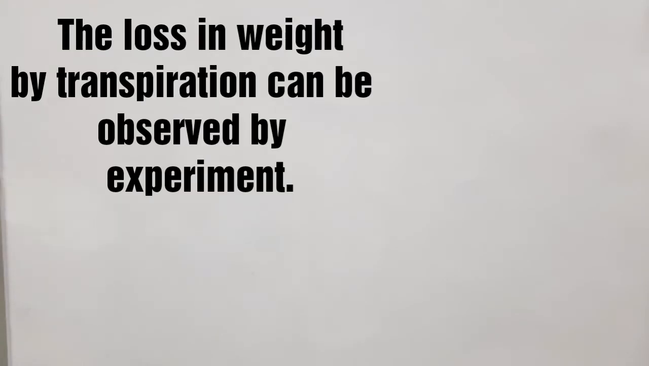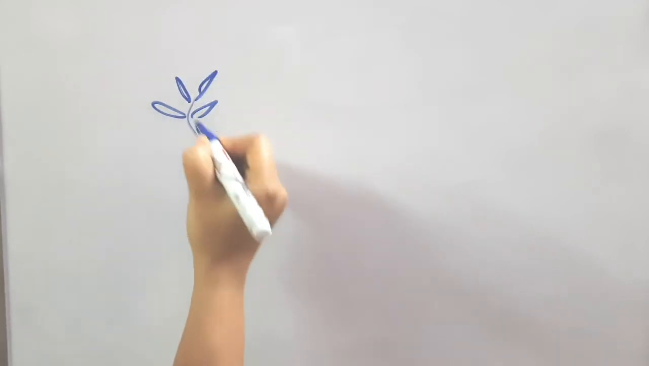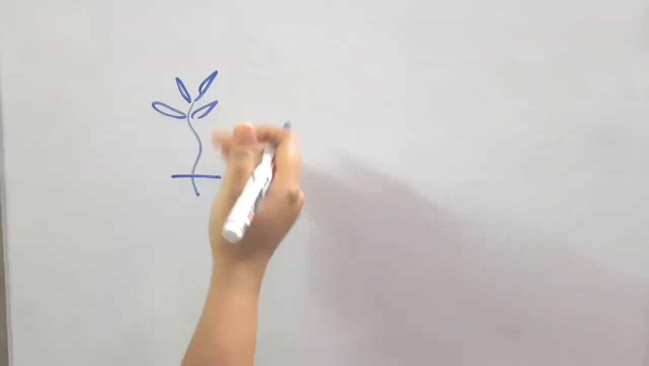So let's see. The loss in the weight by transpiration can be observed by this experiment. So what is the experiment? In the potometer method, a freshly cut twig, twig means a small plant, is cut from the stem